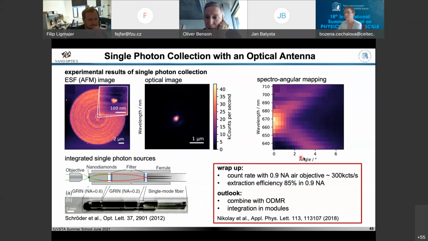Okay, this is feasible, and here it's not so super dramatic, but at least this kind of source emits 300,000 photons per second, not too bad. And the nice thing is here you see a more compact version of this. It's a slightly other configuration, but you can see in principle you can put these nanodiamonds on some antennas, some green lenses, some integrated fiber filters, and then connect it directly to a fiber. So the whole thing you can make just a few millimeters in size. And so it's in principle a small module for quantum light emission.